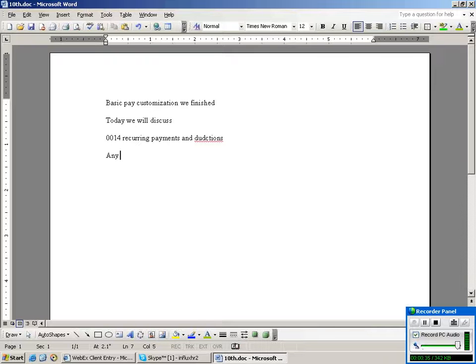Any payment which is paid regularly will come under 0014. If any payment is paid regularly for each and every period, that will come under 0014. But in your scenario, there are a few cases which we can customize in 0014, because every employee has to get the